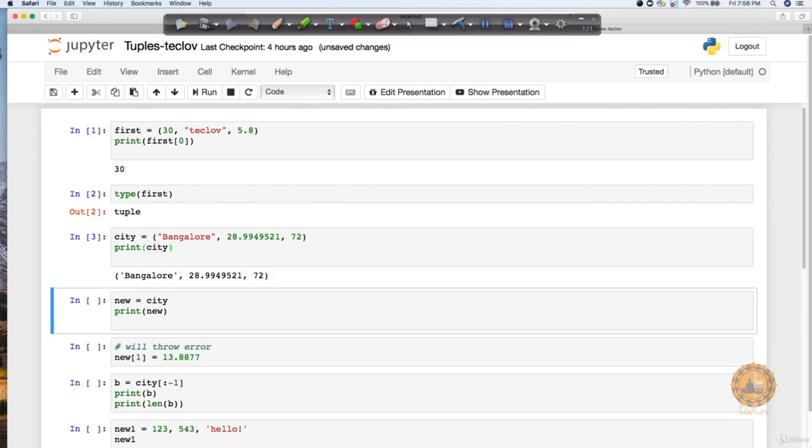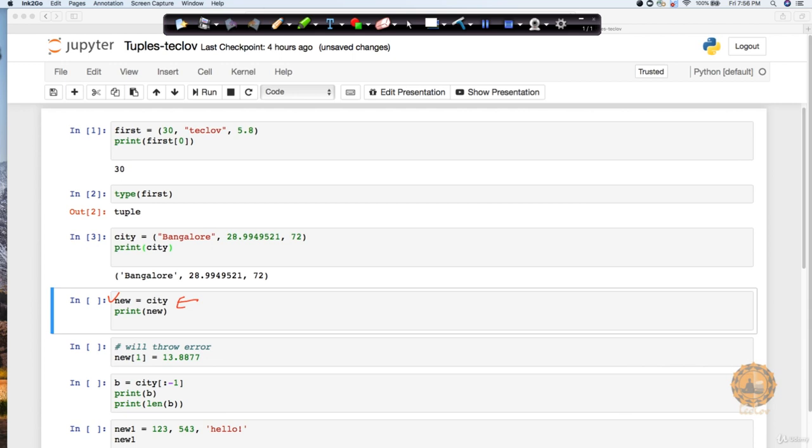As you can see, in tuples you can also have heterogeneous values. Now I'm going to create a new variable, new, and assign the city tuple to it. Now we want to see whether this new variable is of tuple type or something else.